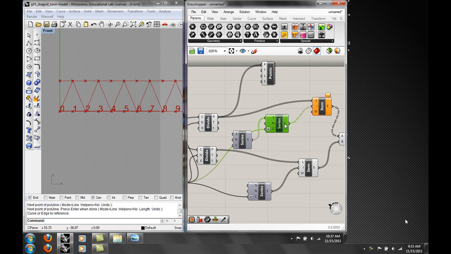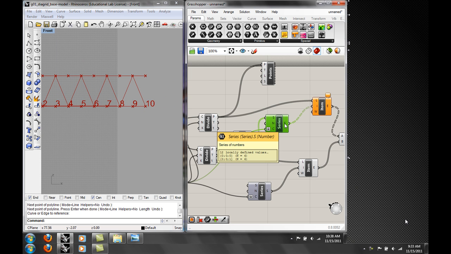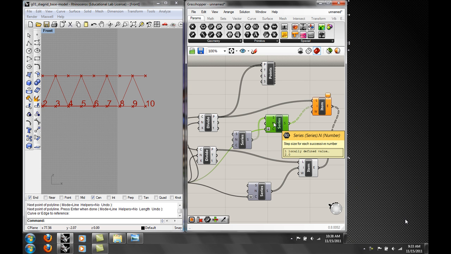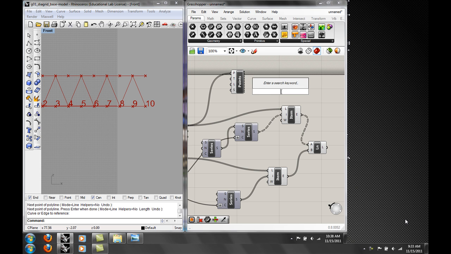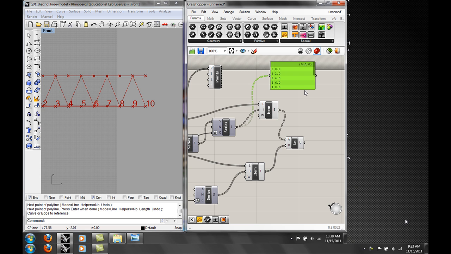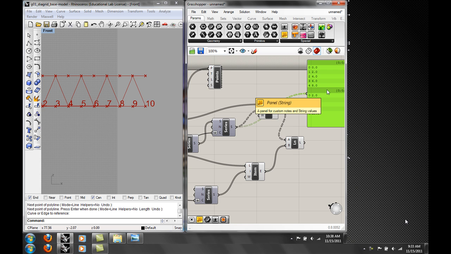Yeah, so it's not quite right. 0, 2, plug it in times 2. So this might be. Yeah, okay, so let's look at the structure. And so it's actually created a list, so I've actually grouped these together, and then that's what's going to create that pattern for me. So by taking a pattern of like 2 numbers and then putting that into the series,